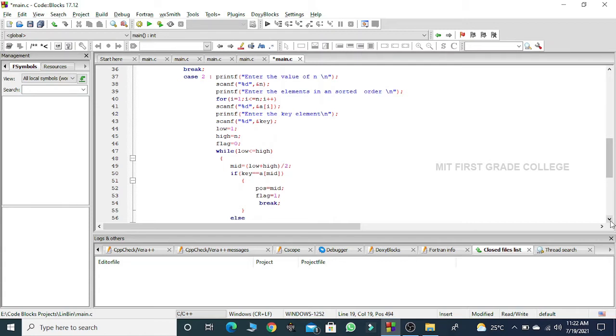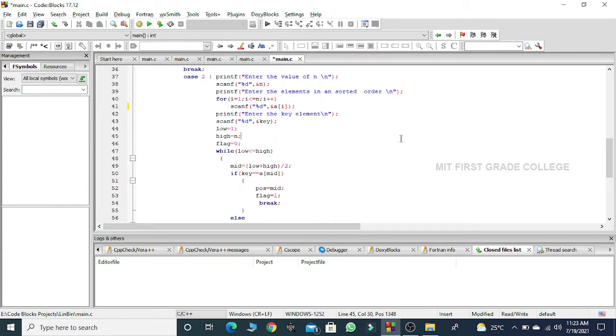Enter the elements in sorted order. With the help of the for loop, I read the elements inside the array A of i. Once I have completed reading the elements inside my array, I ask to enter the key element.